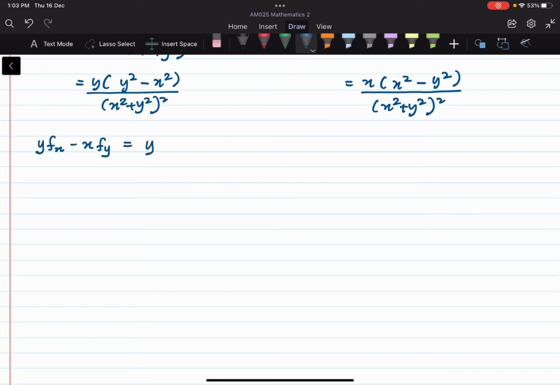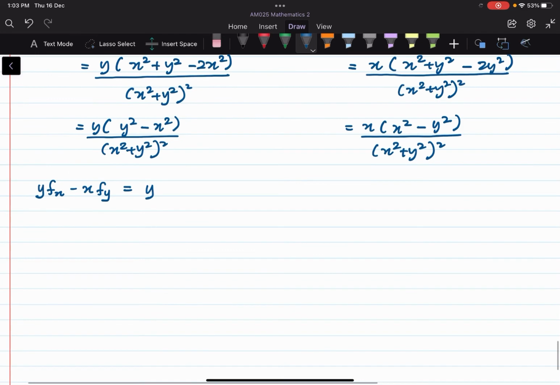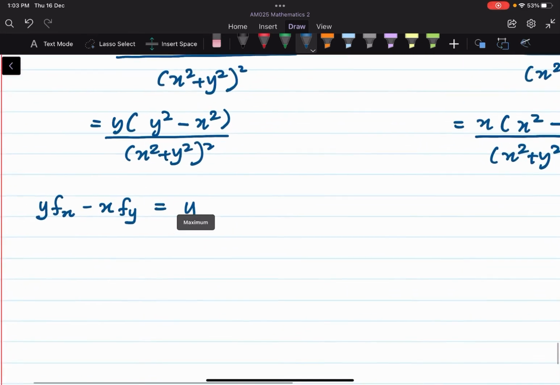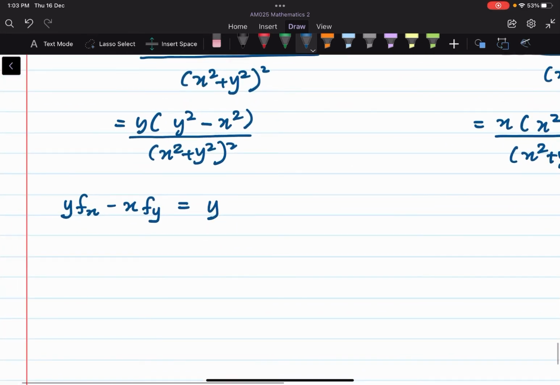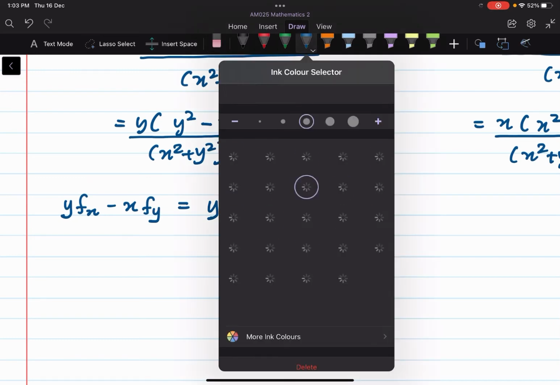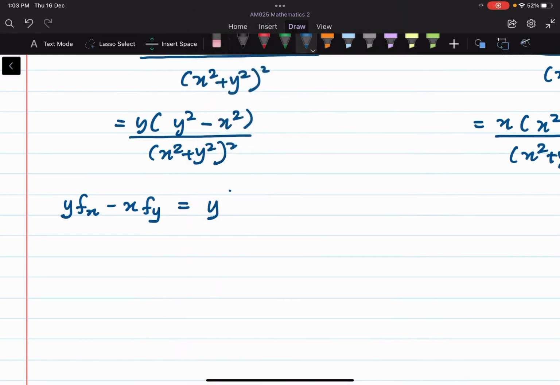So y times f sub x, f sub x is going to be y squared, because this y times this y is y squared. Okay, so y squared minus x squared divided by x squared plus y squared